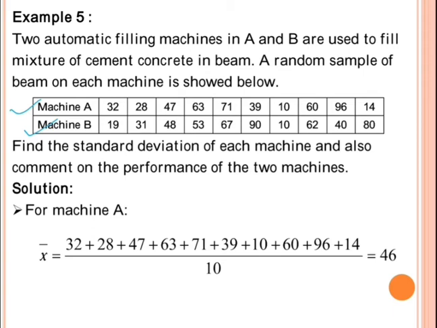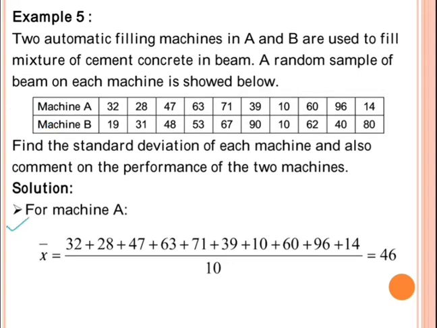Okay, so for this, first we'll calculate the standard deviation. Now see, first we'll find the standard deviation for machine A. See here, 10 values are given for each machine, A and B. So for machine A, you can consider these as n values. 10 values are given in sequence. So for that you have to find the mean. Now don't consider them as xi and fi, because these are two different values for two different categories. So you have to take the individual values itself. Don't consider it as xi and fi.